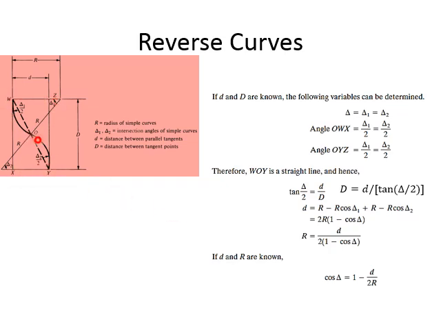WZY or XYW, you will see it's a right angle triangle, and for this right angle triangle the angle is delta by 2, between the tangent and the chord, and the perpendicular is D, and the base is capital D. So tangent delta by 2 gives you this, and if you put capital D on one side, then capital D equals this. Okay, now if you look at this image here,